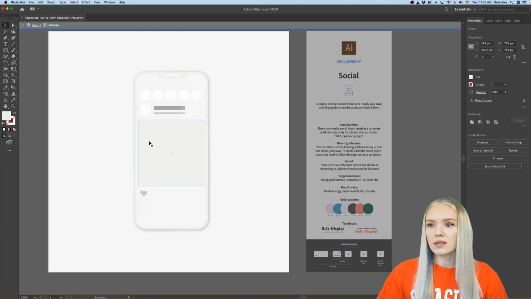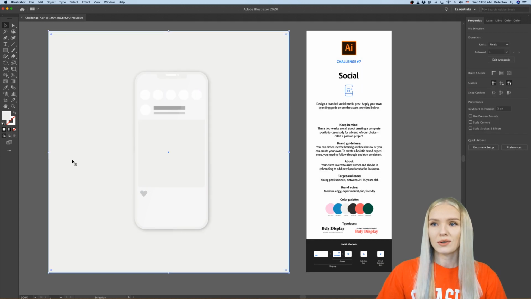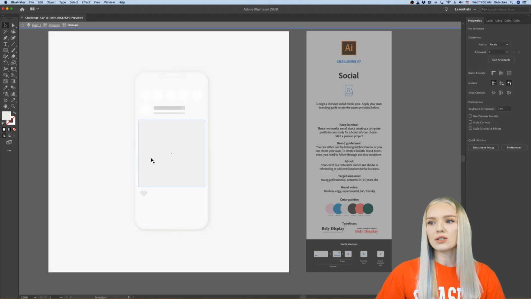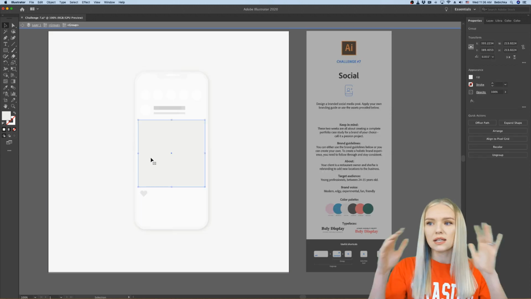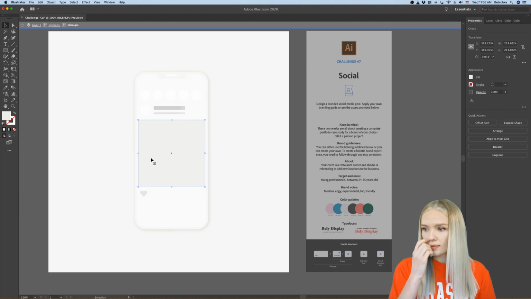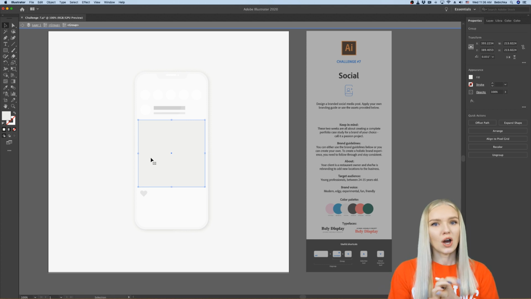All right, so now let's go into our rectangle. That's basically the frame for our post. You know how many companies now offer online ordering and free delivery.